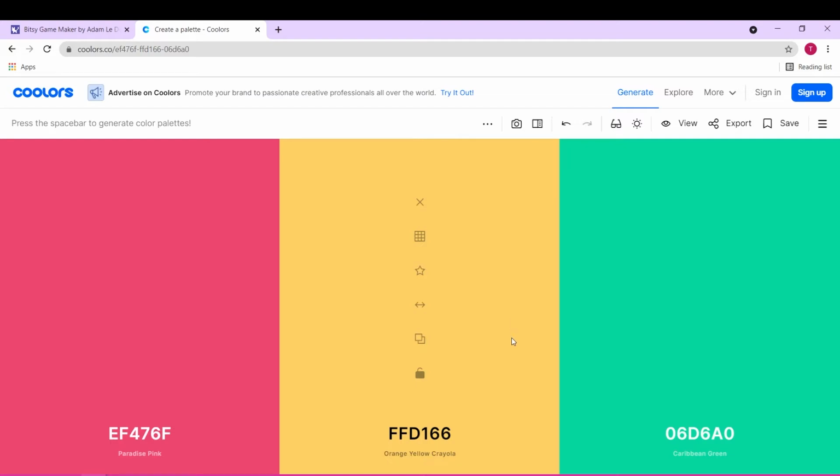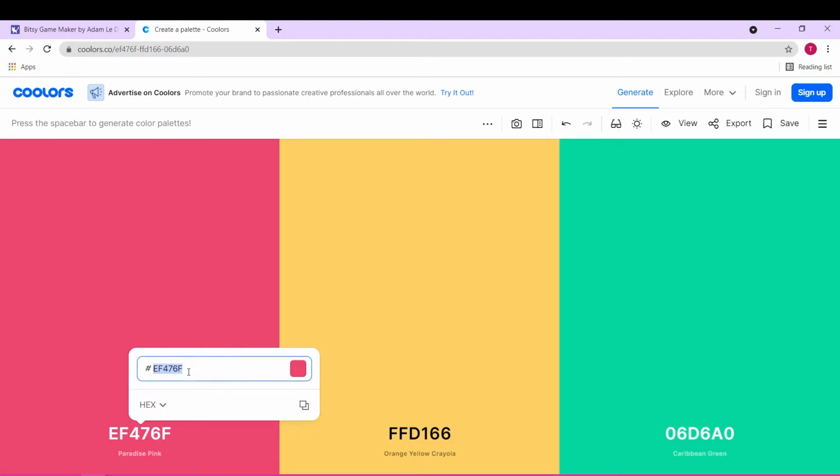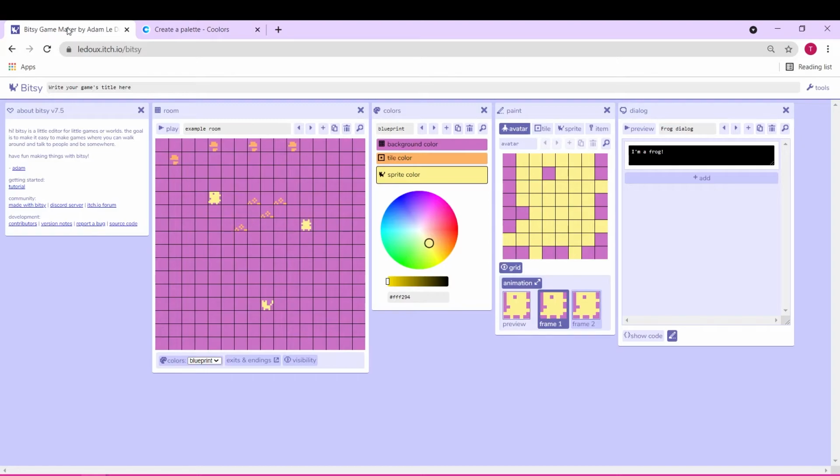I think this looks really fun. So what we can do now, to get these colors into our Bitsy game, is click on this hex code. We can see when we hover over it, it says select color. So with this code selected, press Control-C on your keyboard to copy it, and then going back into the Bitsy Game Maker editor, I can choose to put this on my background color. So with my background color selected,